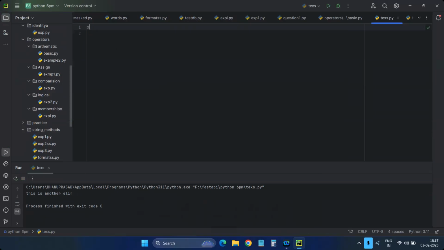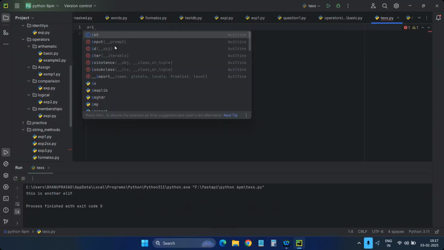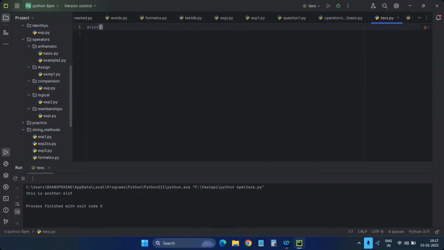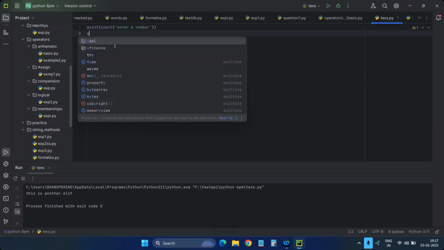I'll give some output text equal to int of input, enter, y equal to